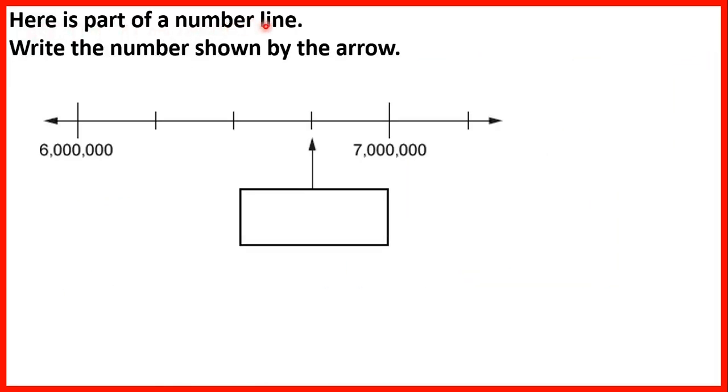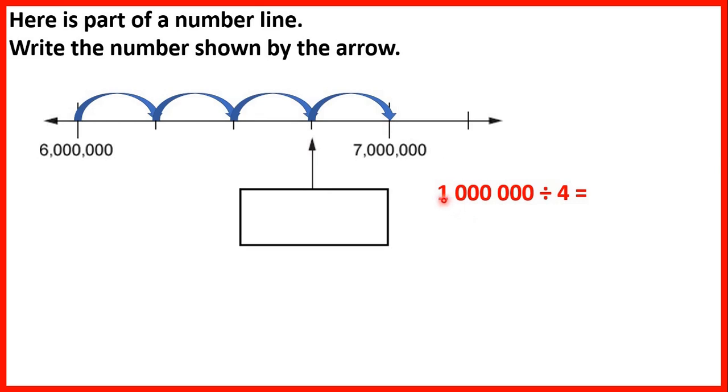Here is part of a number line. Write the number shown by the arrow. On our number line, we have the points 6 million and 7 million marked. To get from 6 million to 7 million, we have 1, 2, 3, 4 jumps. The difference between 6 million and 7 million is of course 1 million, and if we divide that by the number of jumps, so divide by 4, that gives us